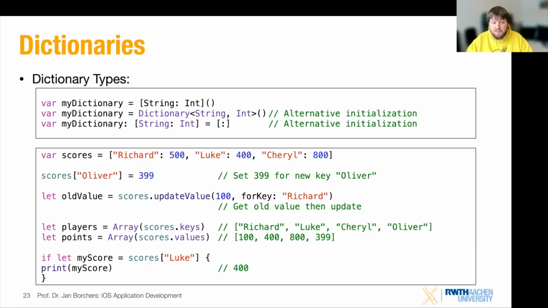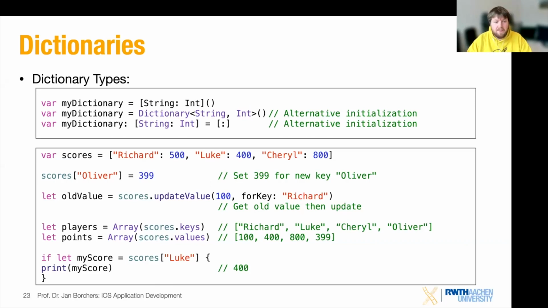As we mentioned, if we just access scores, in this case Luke, Luke might not be a key that exists in the dictionary. So again, this would be an optional, and we wouldn't be able to directly add something to that score that is returned because it might be nil, and then you can't combine it with another integer, for example. So what happens in this line is that we assign the return value of